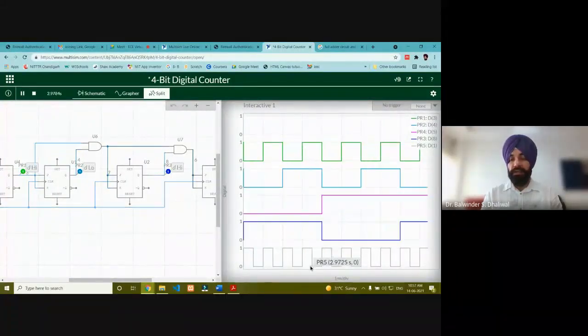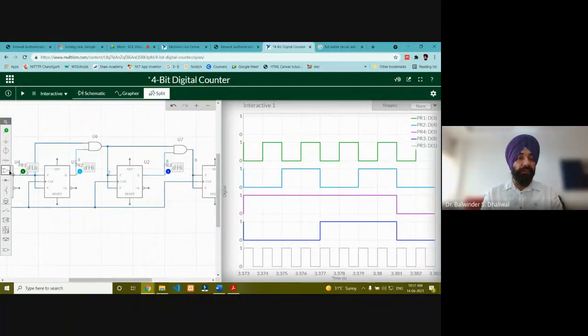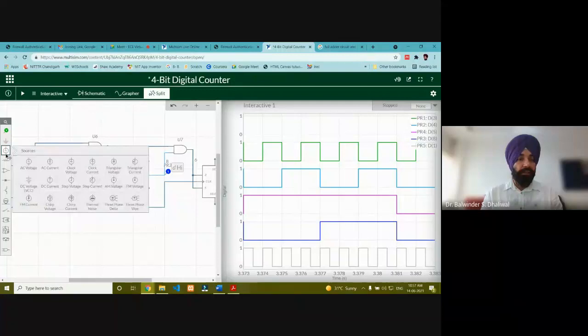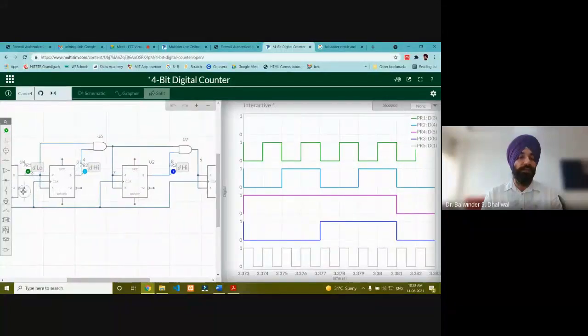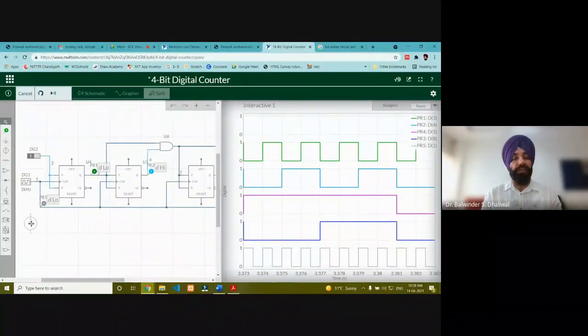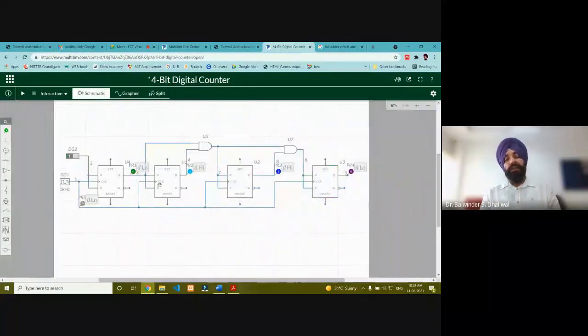You can see that different types of clock inputs are there. We have the option here, under this, of the clock voltage. So instead of 0, 1, if we want to apply the clock voltage or clock current square wave, we can use these options, and we can start using our clock voltage like it has been used here. Okay, right? Although we do not have the JK flip-flop block in this particular free version, we can